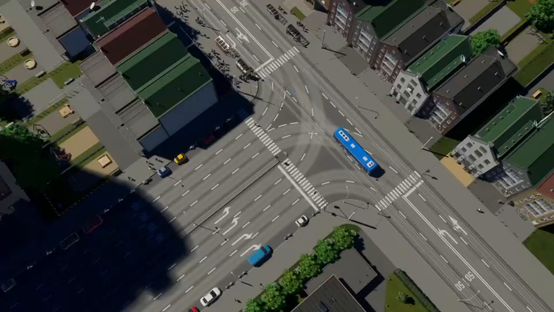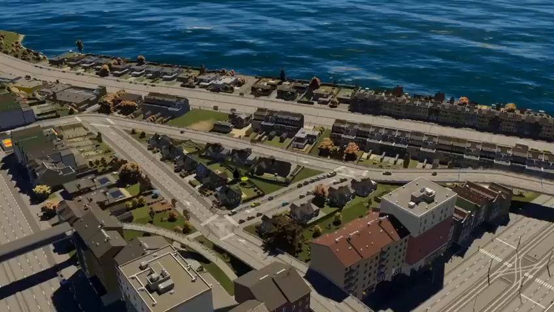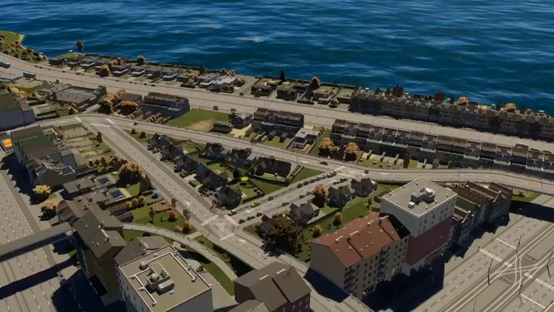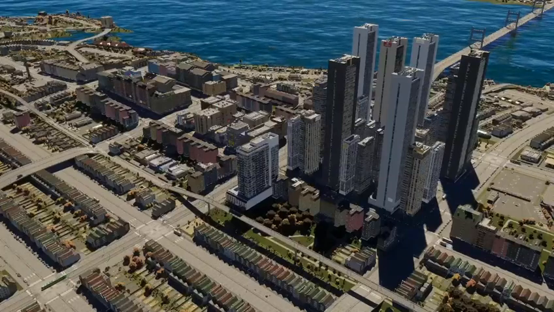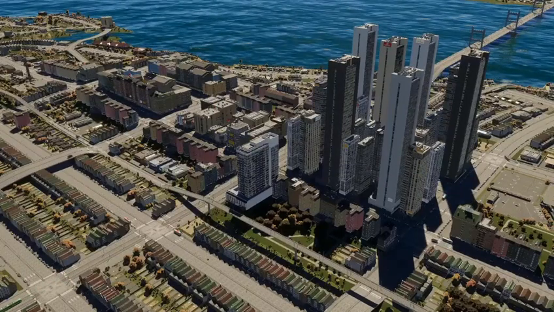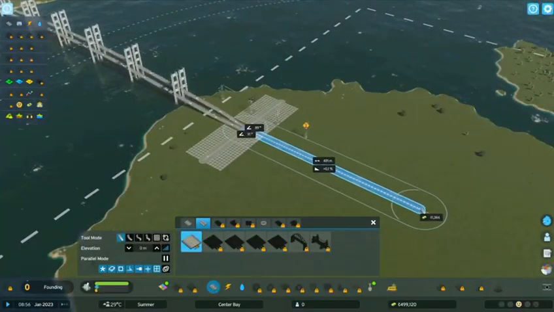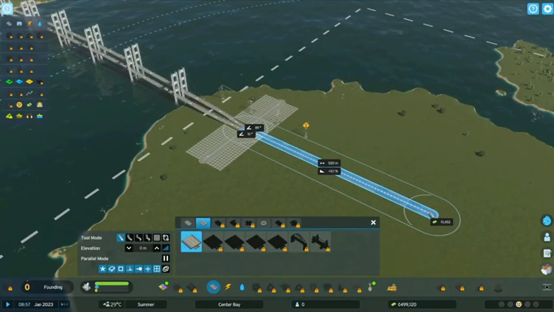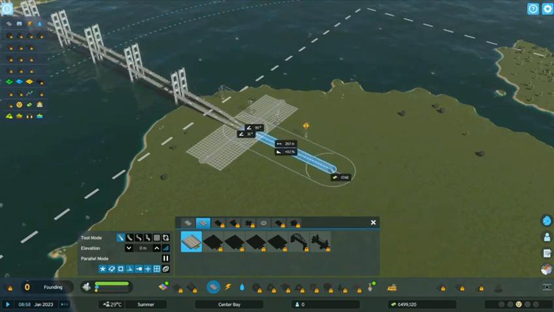In this episode, I'm gonna share some tips and strategies on how to build a better road system, how to design the road hierarchy, what about the zoning on different roads, and how to design the grids to make your city more adaptable. Now, let's get started. A smart road system does not only help with the traffic, it also makes your city easier to manage and easier to diagnose when there are problems.